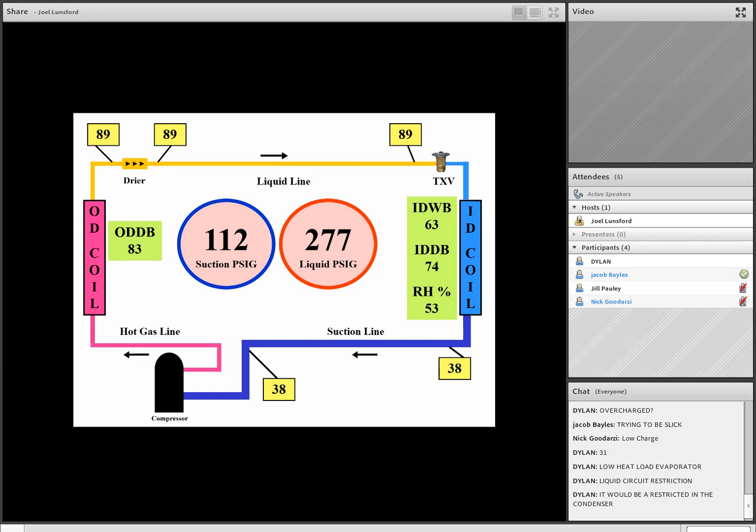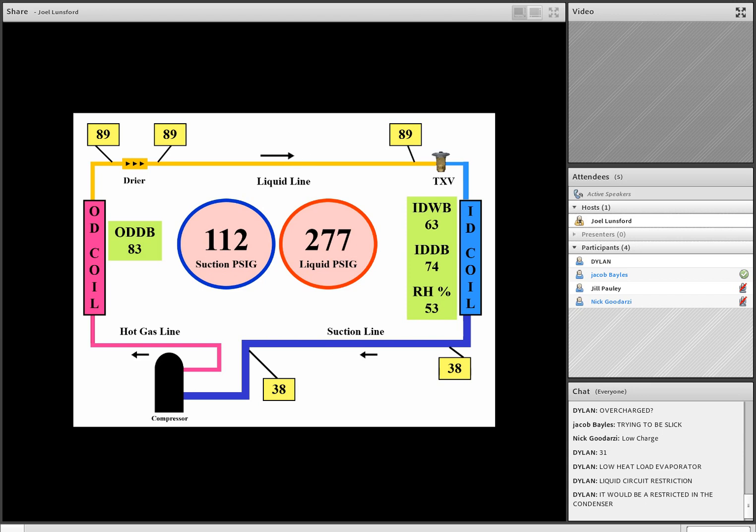of superheat. And then as we take a look at our outdoor coil, the condenser coil, we have 277 pounds of pressure on the liquid pressure. So what's the pressure temperature conversion for 277 for 410A? 91. Okay, good, excellent. So as we take a look at our screen, we see that we've got about 2 degrees